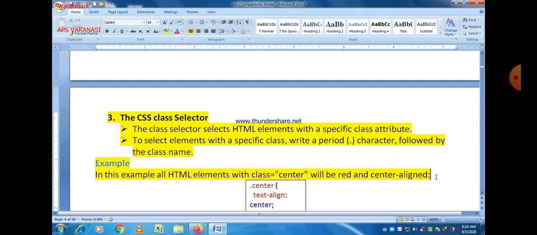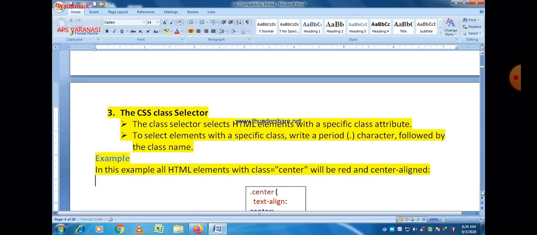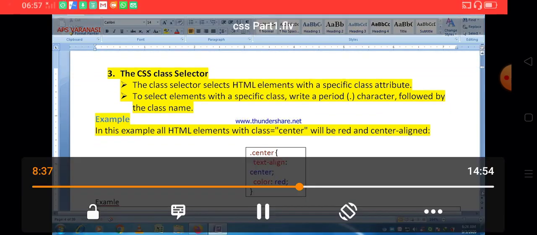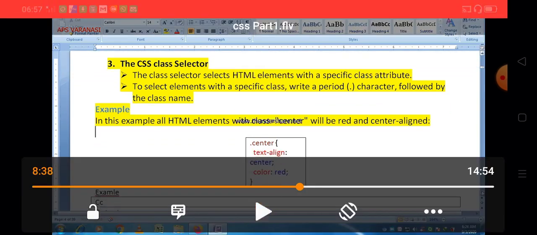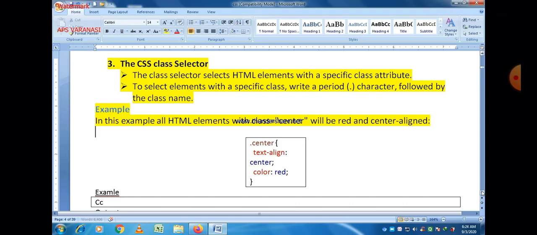That is another method. For example, in this example, all HTML elements with class center will be red and center aligned. So there is a class name. Basically, when we want to apply the same theme for different tags, then we use a class selector.